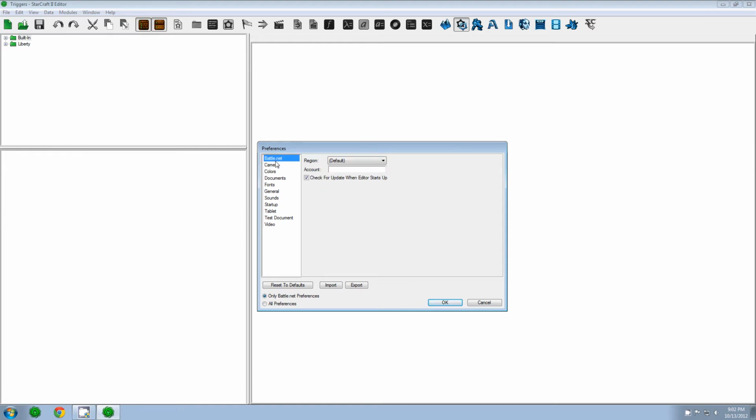First off, the first category is Battlenet preferences. The first thing here is region. That lets you choose which region. Usually there's probably only going to be two choices: the region that your editor is from and default, so you don't usually have to worry about that. Account is the account that you log into StarCraft 2 with, and the checkbox there is, just like it says, for checking for updates to make sure you've got the most recent version of the editor when you log in. Camera here,